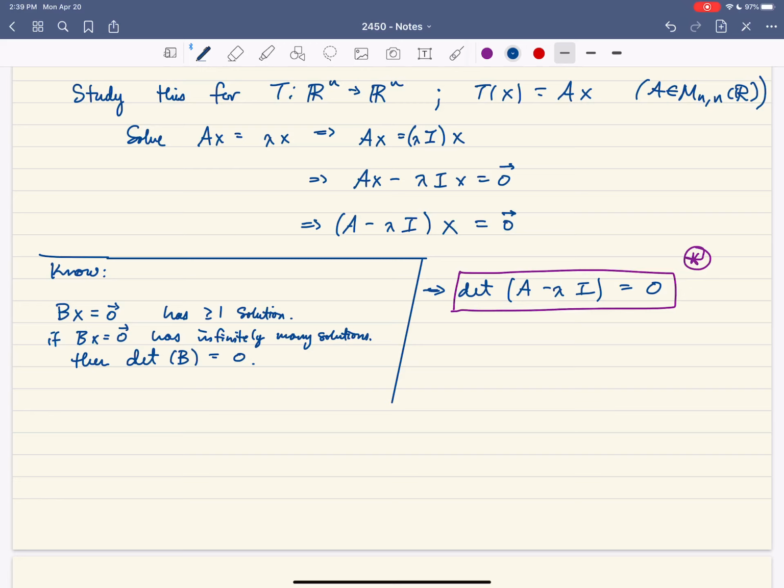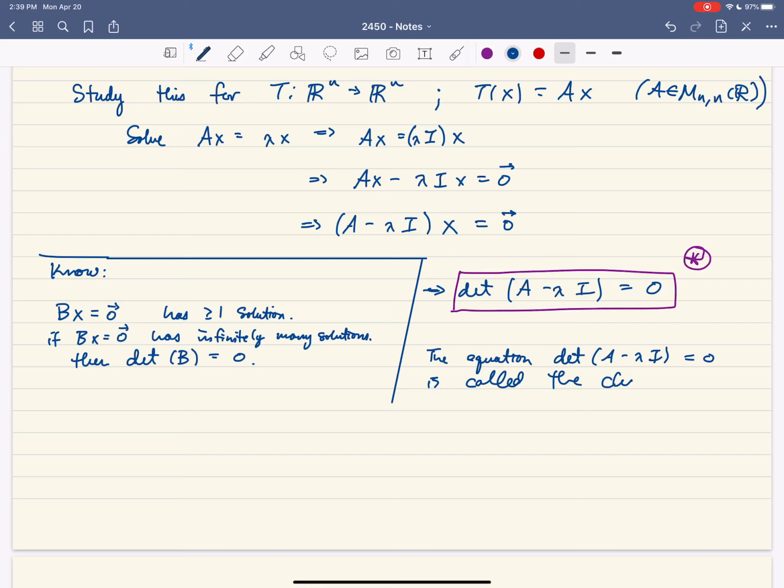In fact, this is so important it has a name. The equation, the determinant of A minus lambda I equals 0, is called the characteristic equation